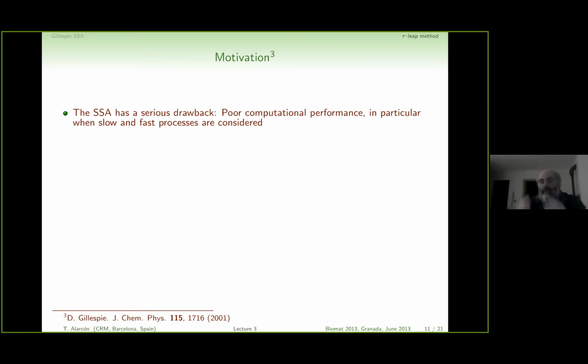It's like watching a movie, but frame by frame, instead of seeing the movie moving, you just see clack, clack, clack. And of course, when you have a lot of reactions, or a big system size, or slow and fast processes that need to be considered in the same model, which is very common,